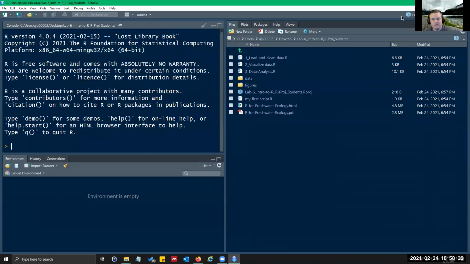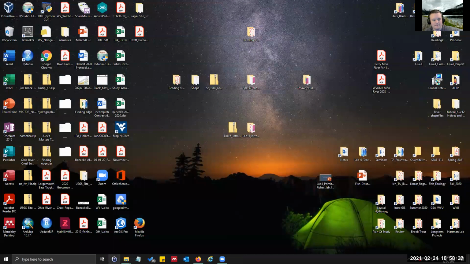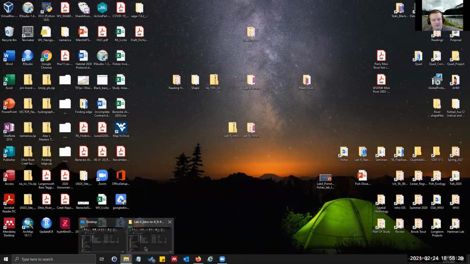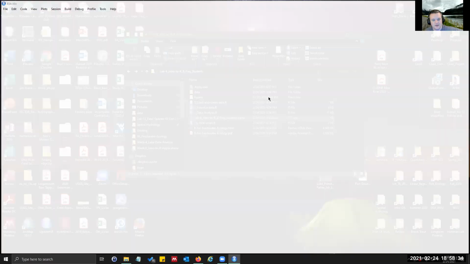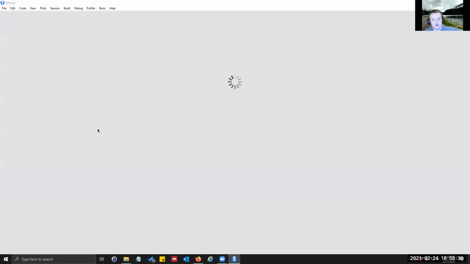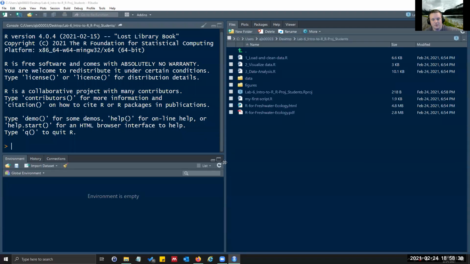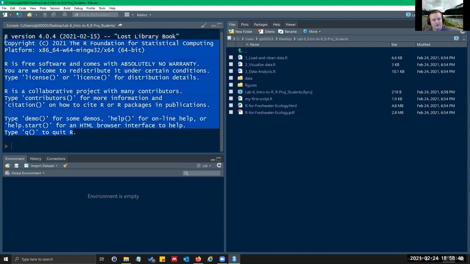So if I close out R, the nice thing is you can click that icon and it'll open this R project; the session and the working directory are all the same. This is my R version. That's the newest one, I believe. If you have an older R version, I'll put a video about updating R if I can. It shouldn't be too tricky.